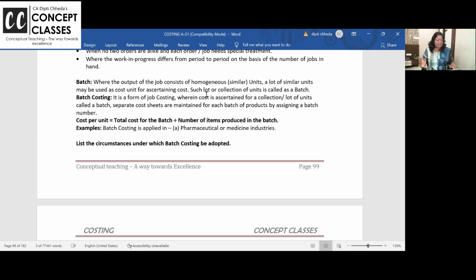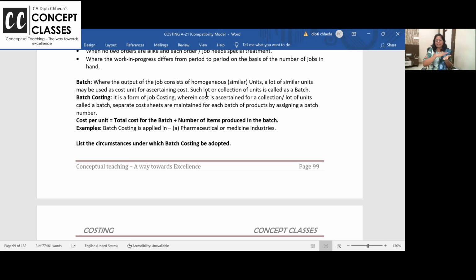In batch costing, the goods are exactly similar and they are produced in lots. Okay. Now, what is that lot or batch? Like medicines. Medicines, are they produced in lots or batches? Biscuits, chocolates. If you see some videos, interestingly, they show how Lay's potatoes are cleaned and then